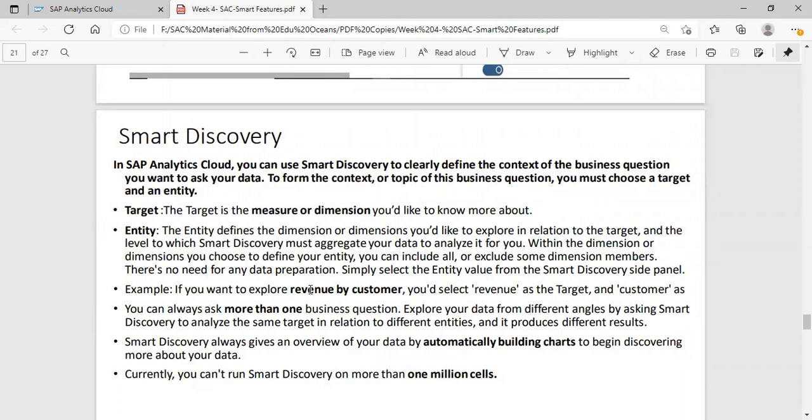In that case, you have to change your revenue by the customers, or change some kind of relation between target and entity, and then start your smart discovery again from scratch. So it is a kind of ad hoc thing. Whenever the user wants to change something in the smart discovery, you can change it very easily, and then you can start giving results in very little time.